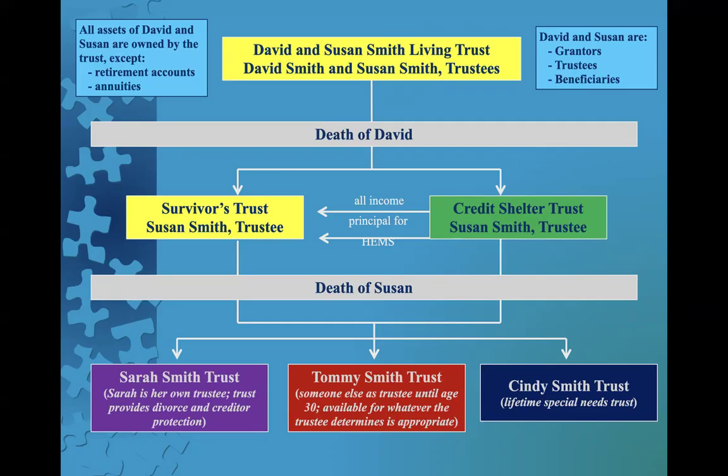We want to make sure that your life insurance designates your trust as the beneficiary. We want to assign all personal property to your trust. Future vehicles might be purchased in the name of the trust. We want to make sure all of your bank accounts are assigned to the trust. Now, checks don't change, account numbers don't change. It doesn't affect direct deposits or withdrawals or anything like that. I wouldn't do that to you. The only difference is that the statements show that the account is owned by a trust instead of by you individually. So it's really just something that's